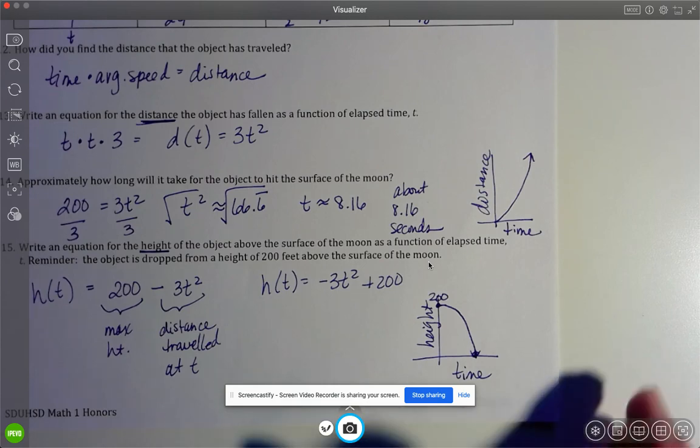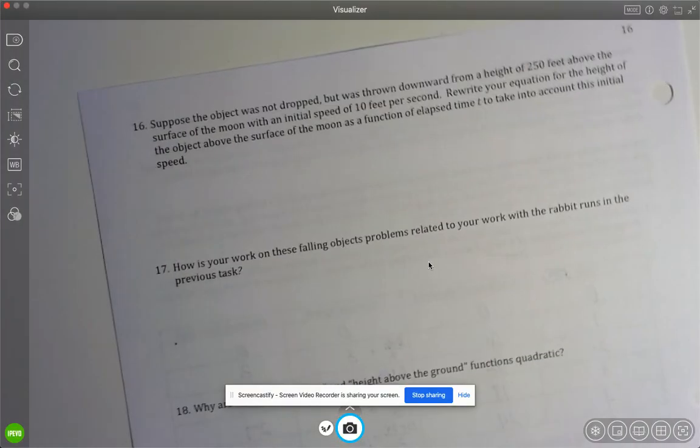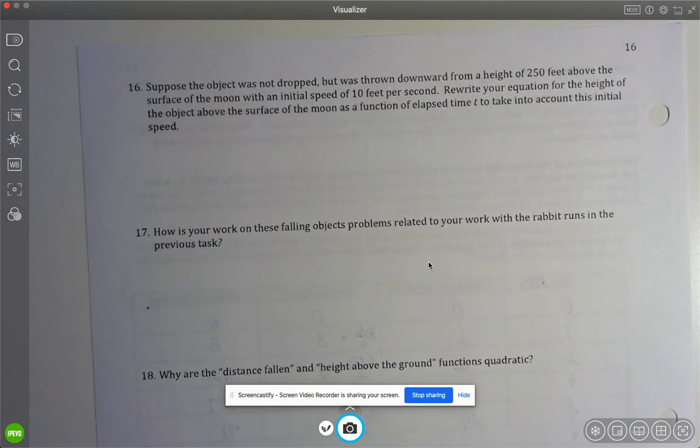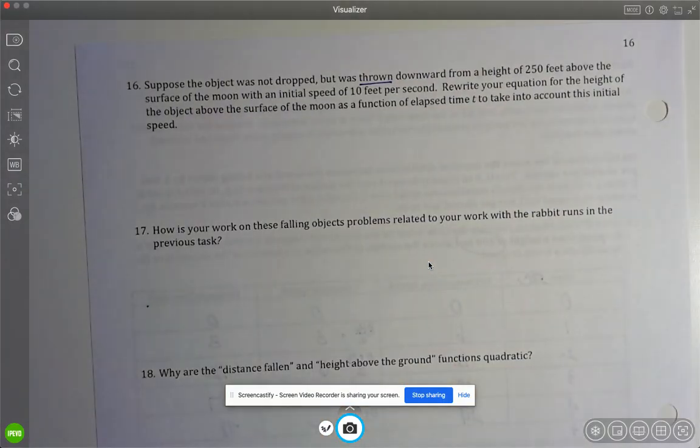All right, so last page. So suppose the object was not dropped, but was actually thrown downward from a height of 200 feet above the surface of the moon with an initial speed of 10 feet per second. Rewrite your equation for the height of the object above the surface of the moon as a function of elapsed time t to take into account this initial speed. So I'm actually going to